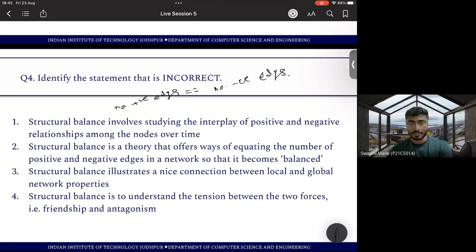We are only considering how many positive edges and how many negative edges there are. Suppose there are only two positive edges and one negative edge. In this case, that triadic network is unstable. If there are two negative edges and one positive edge,